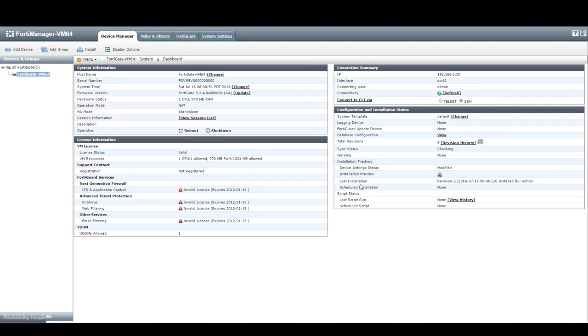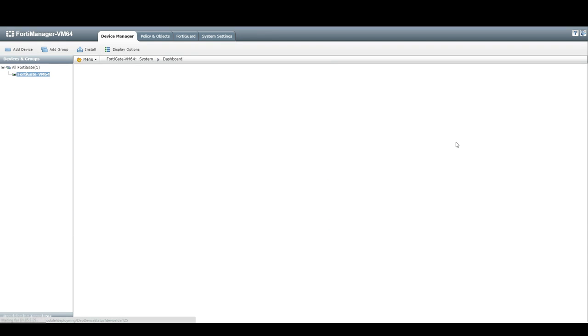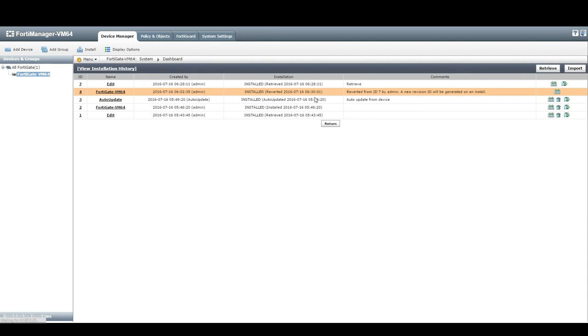So that gives you an idea essentially of the revision history, which is accessed under the device manager, within the device, and under the configuration and installation status section. Clicking on revision history takes you back there. Gives you an overview of what's going on. You can retrieve configs, import configs, revert back to configs. You can view the installations that were done previously,